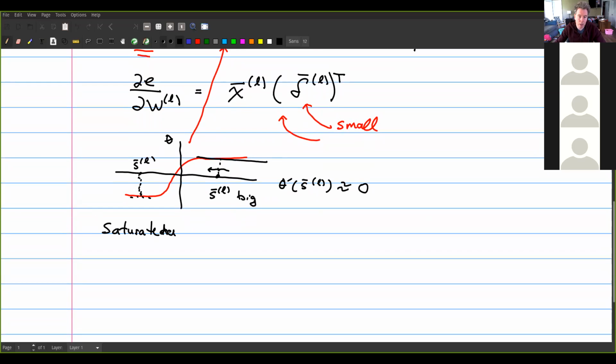Saturated activation, sorry. All right, okay. So one solution to this problem is to use non-sigmoidal activation functions that don't saturate, at least